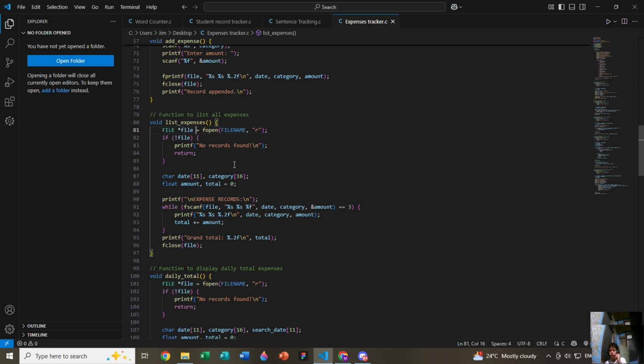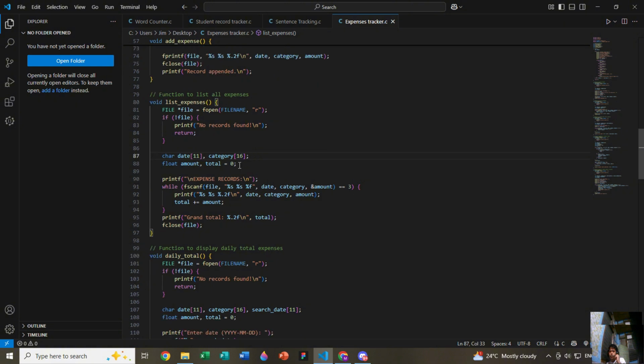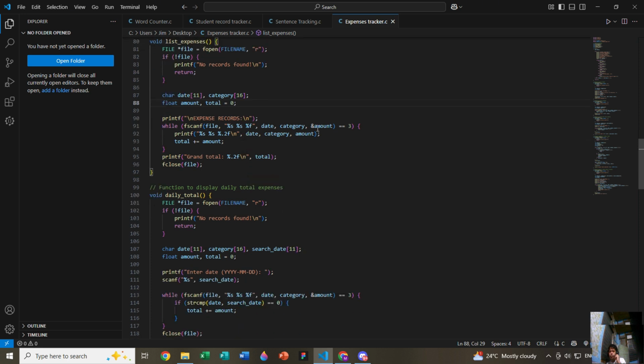Now, for scanning and using the file will mainly be used through loops by using the date category and amount, and keeps a running total of total plus equals the amount, basically here.